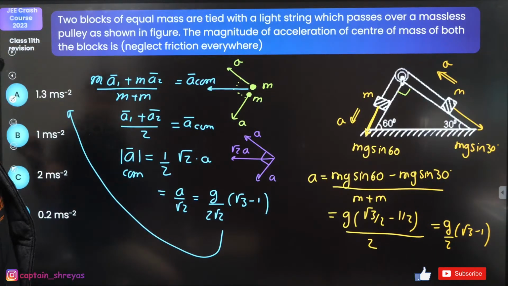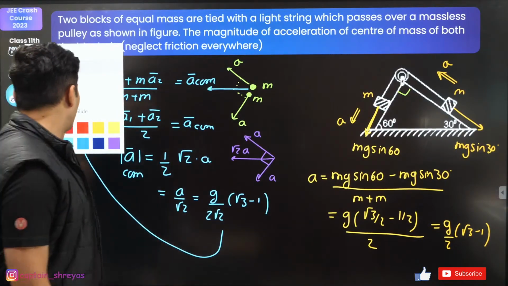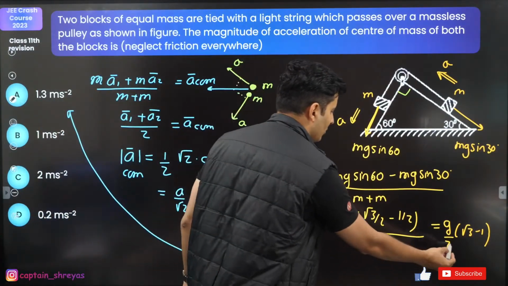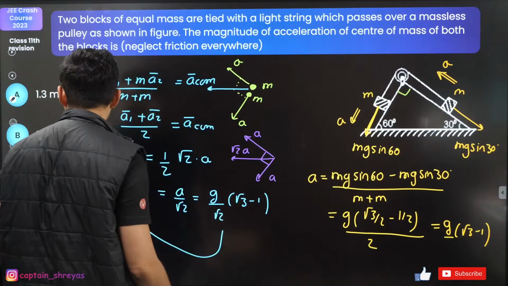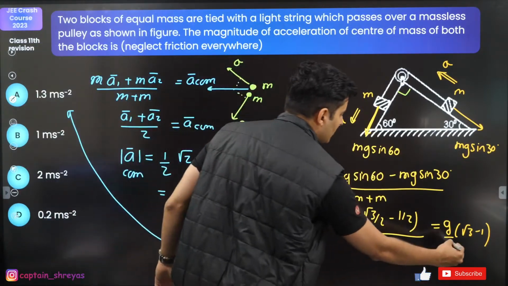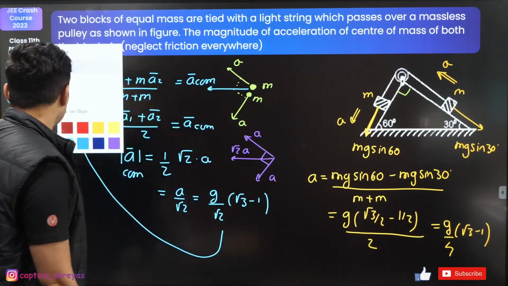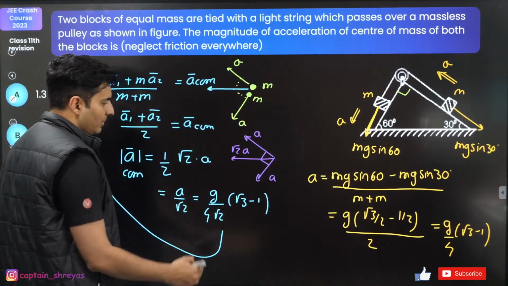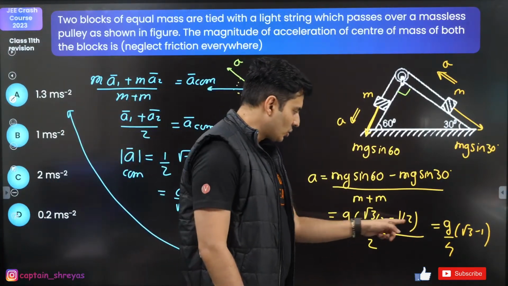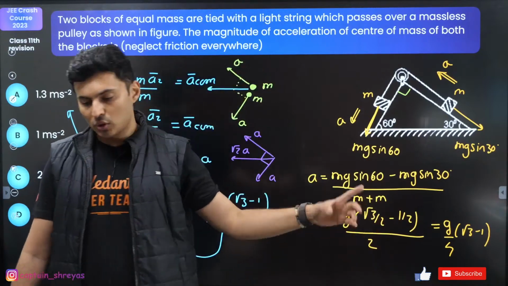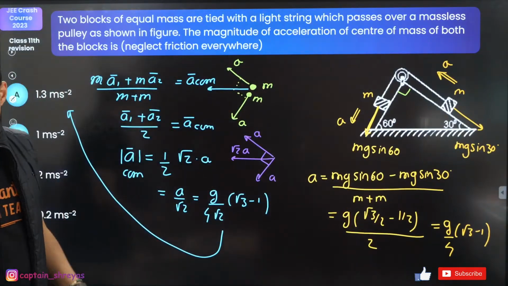G by 4, is it? Oh, thank you so much. This should be G by 4. Yes, it should be. This is G by 4 and so is G by 4 over here. This was 2 and this 2 also came. So 2 2s are 4. Yes. Thank you, Archani. Very good.